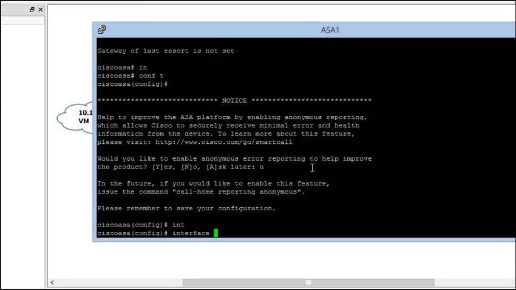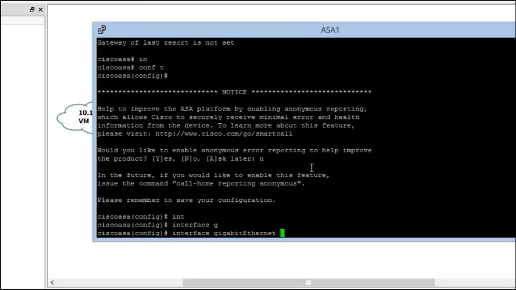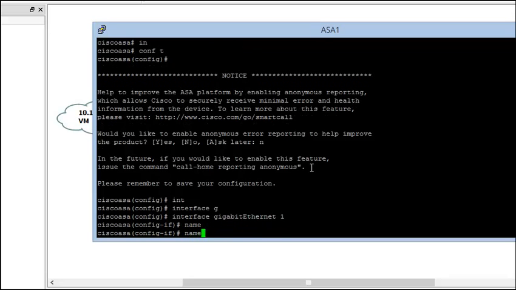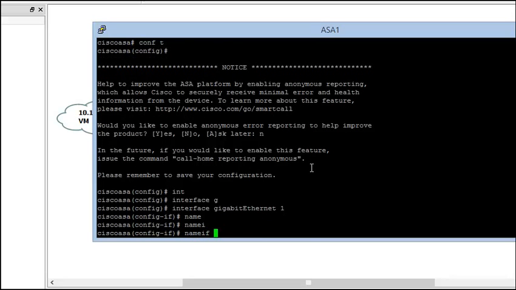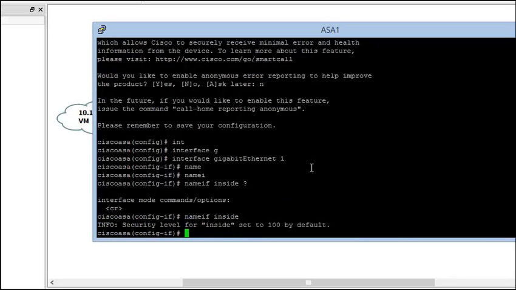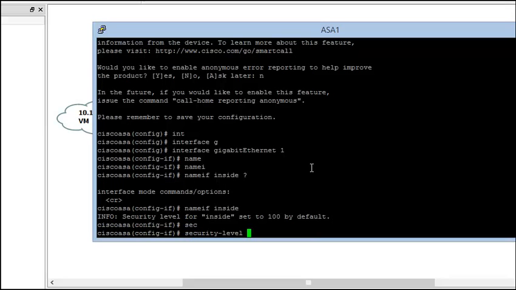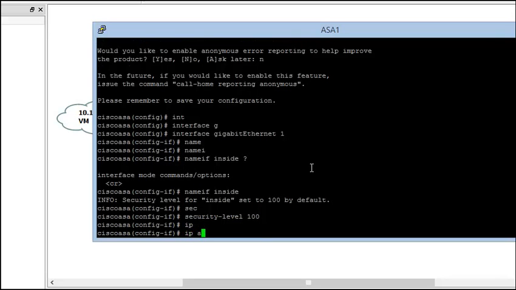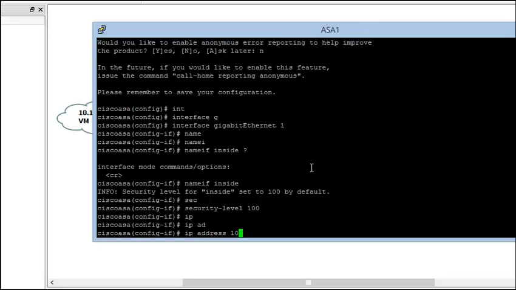So I'm going to go interface GigabitEthernet 1. I'm going to say nameif inside. And then the default is security level of 100. Let's say if I wanted to change the security level, I can always do 80 or whatever, but 100's fine. I didn't even have to type that in. And then you can do IP address, and then we're going to say